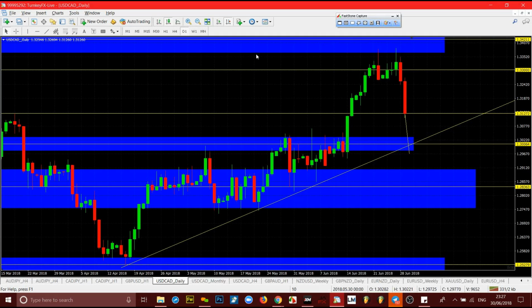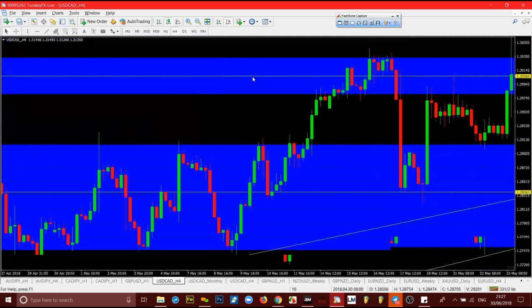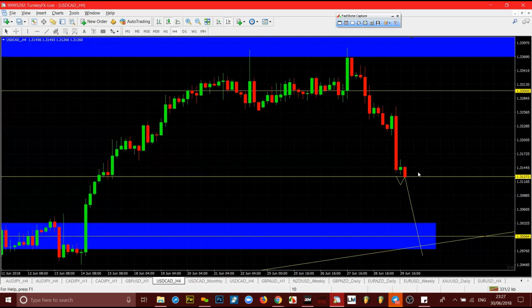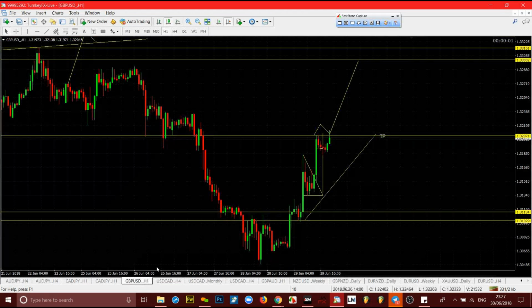So anyways, this is what that one looks like. Right now it's at that level. It wants to break that level. It's a clearer picture. It breaks that level, and then we can see a retest, and then we can take it to the downside. GBP USD,